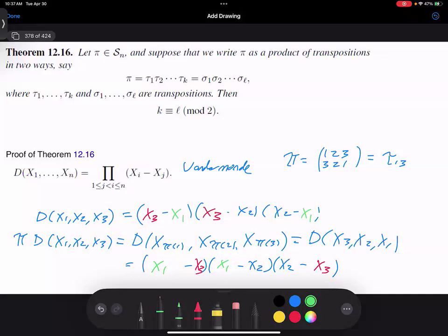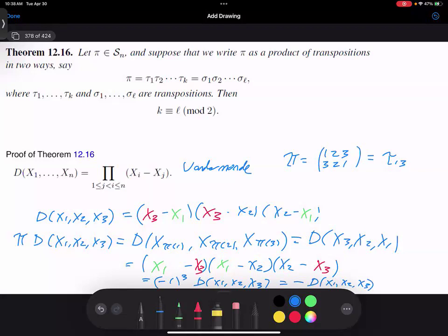Do I have the same factors more or less? Yeah, for each of these, everything is changed by -1. So before I had x2 minus x1, now I have x1 minus x3. So this is just going to be -1 cubed d of x1, x2,